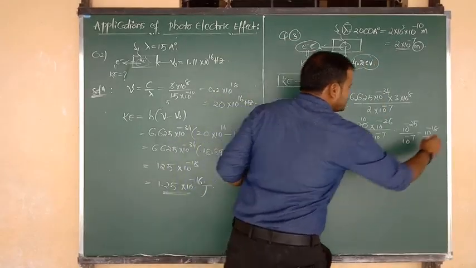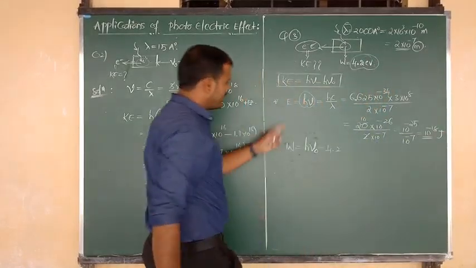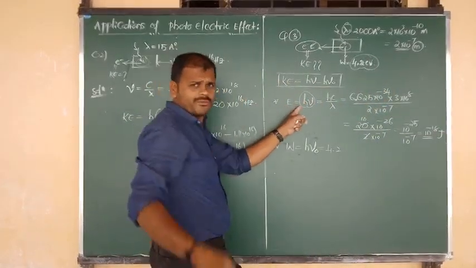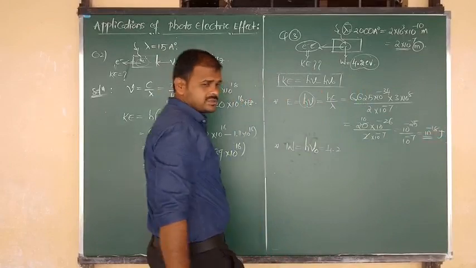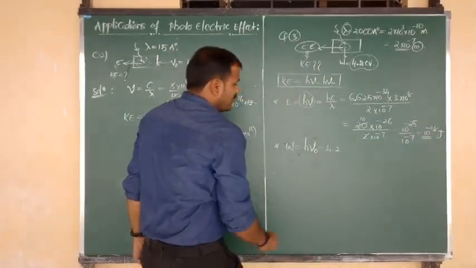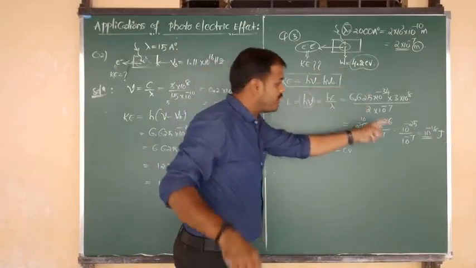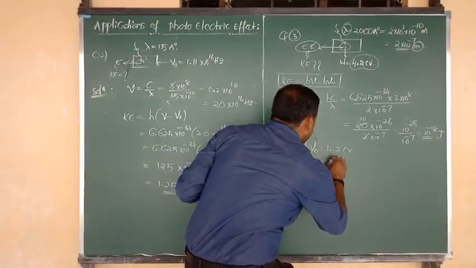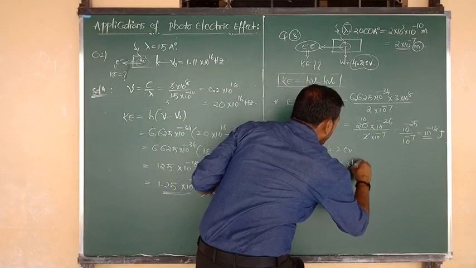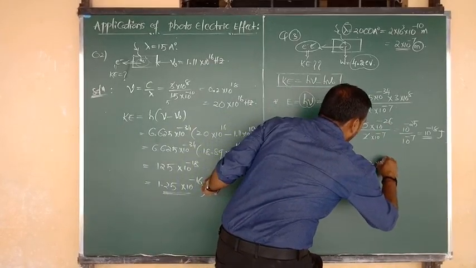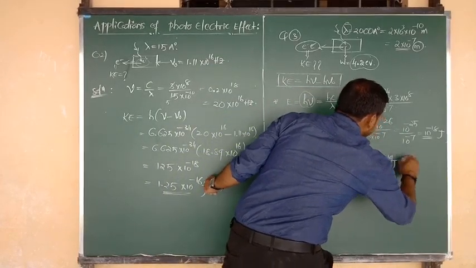4.2. Actually, this value, the answer, is in what? Joules. Energy we have calculated, h nu quantum we have calculated. Unit is nothing but joules, because h value we have taken in joules. 4.2 is in what? Electron volt. So such electron volt we have to convert into joules. What can we write? 4.2 into 1.602 into 10 to the power of minus 19 joules.